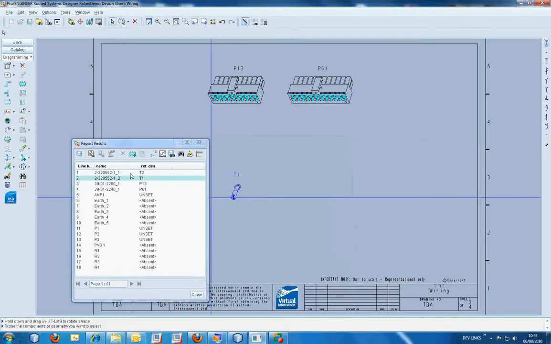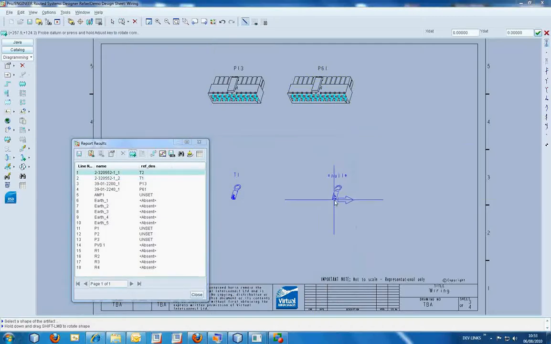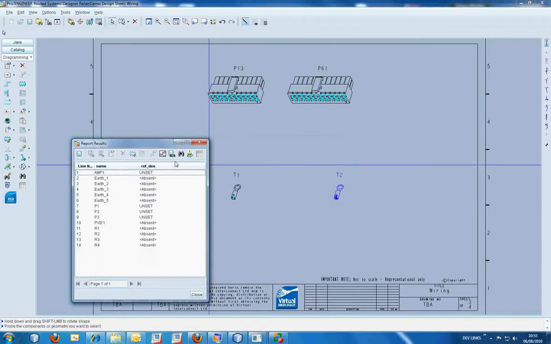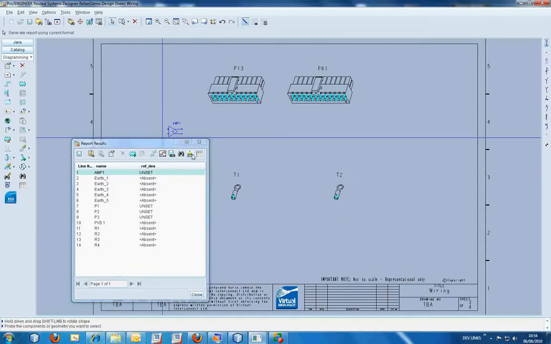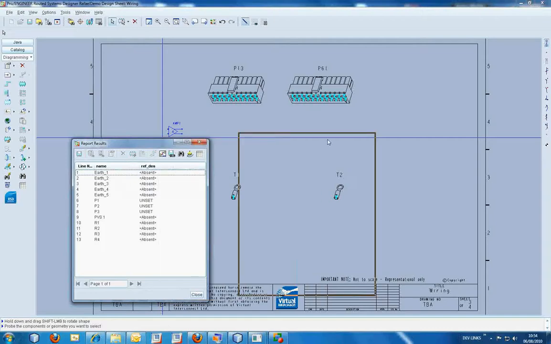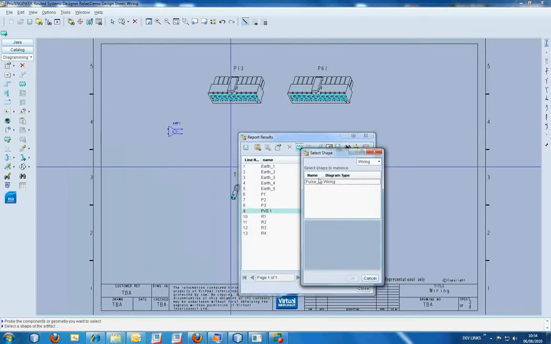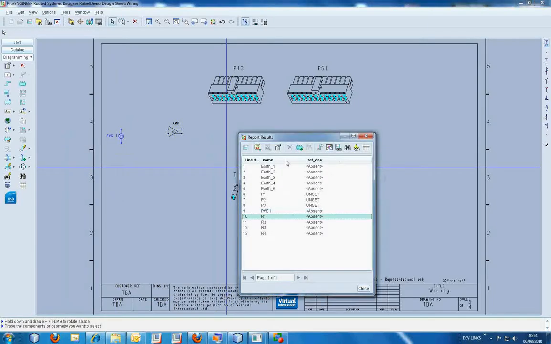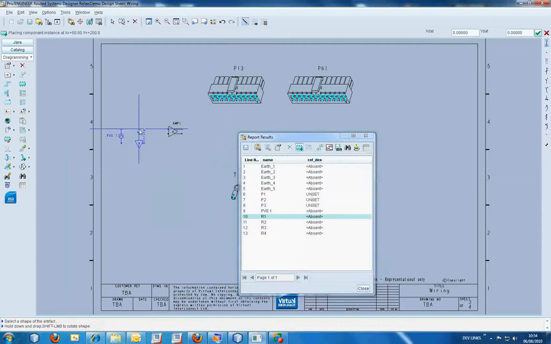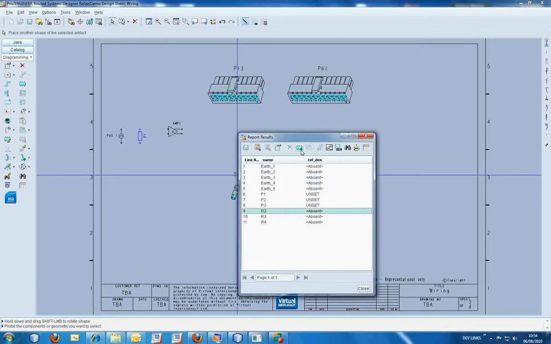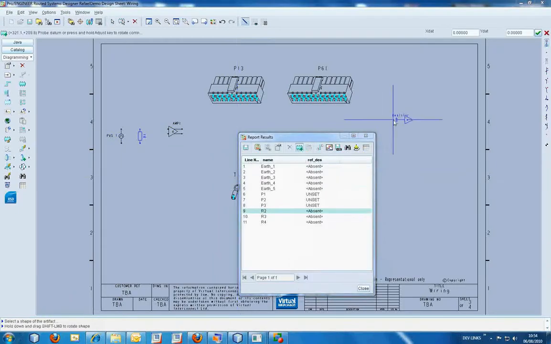And if you rerun the report after having placed components, you can see that the components that are already placed on the design no longer appear within the report. So if I continue by placing the source part of the circuit, and then place the earth pins for this side and the resistors for the load side of the circuit,